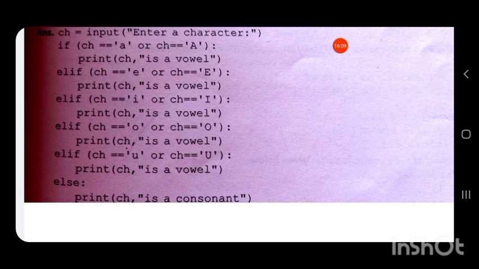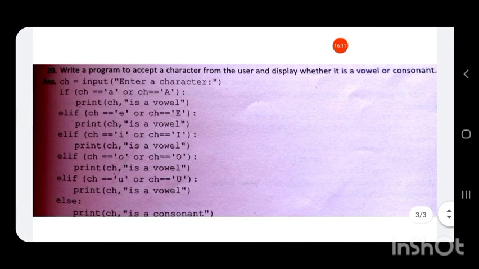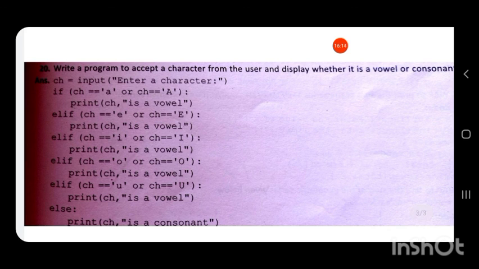So here it will check whether the character entered is either capital letter A, E, I, O, U or small letter a, e, i, o, u. If the character entered is not any of these, then the entered character is a consonant. Okay, thank you children.